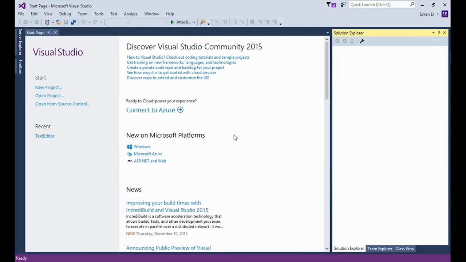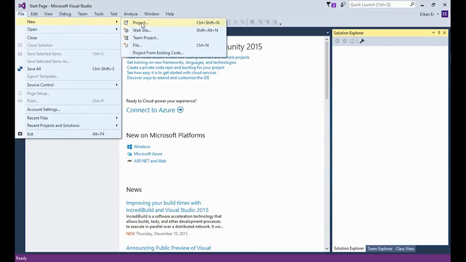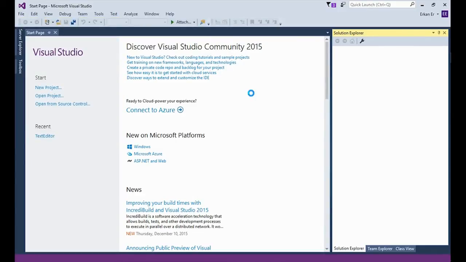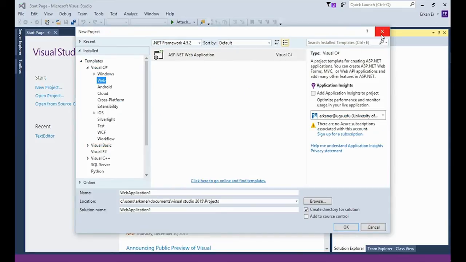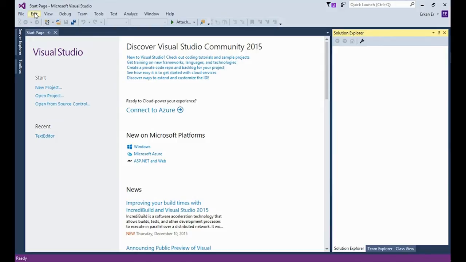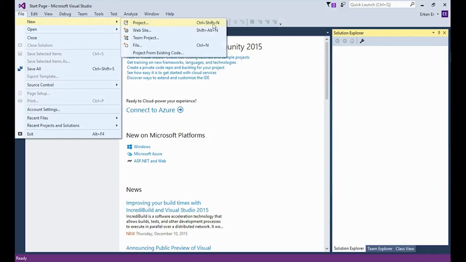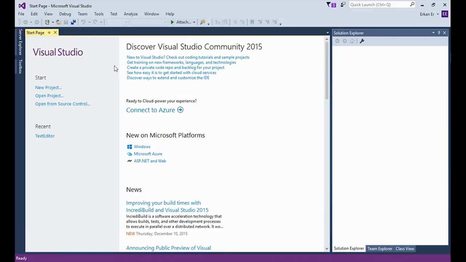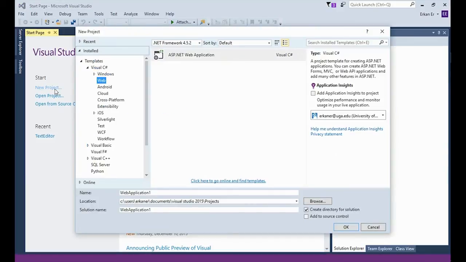Let's continue with creating an empty web application. To do that, I can click on New Project on the Start page, or I can click on the File menu, choose New, and then click Project. You may notice that the keyboard shortcut Ctrl-Shift-N is also provided next to the menu item. So I can use three different ways to create a project: the File menu, the keyboard shortcut, or the shortcut in the Start page. I often just click the New Project shortcut in the Start page, however, it really doesn't matter what you use. Once you click, the New Project window will appear.